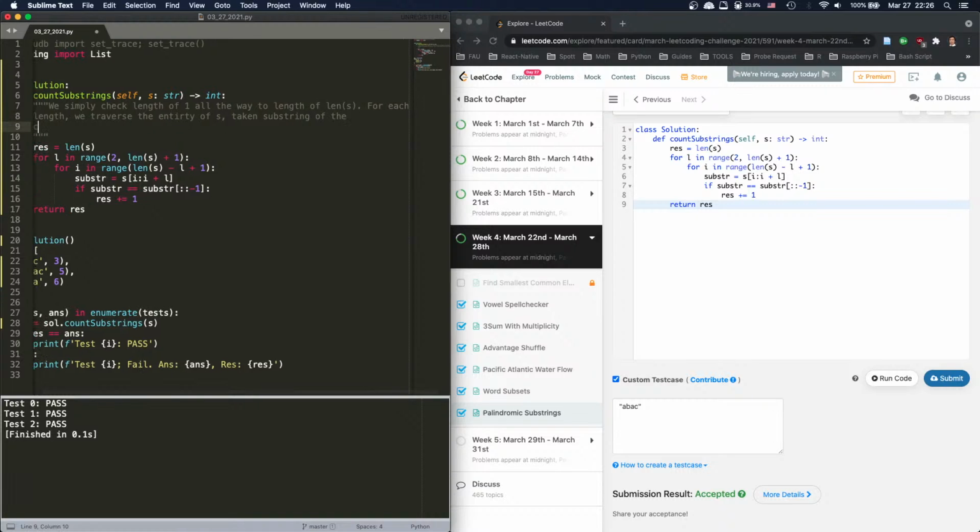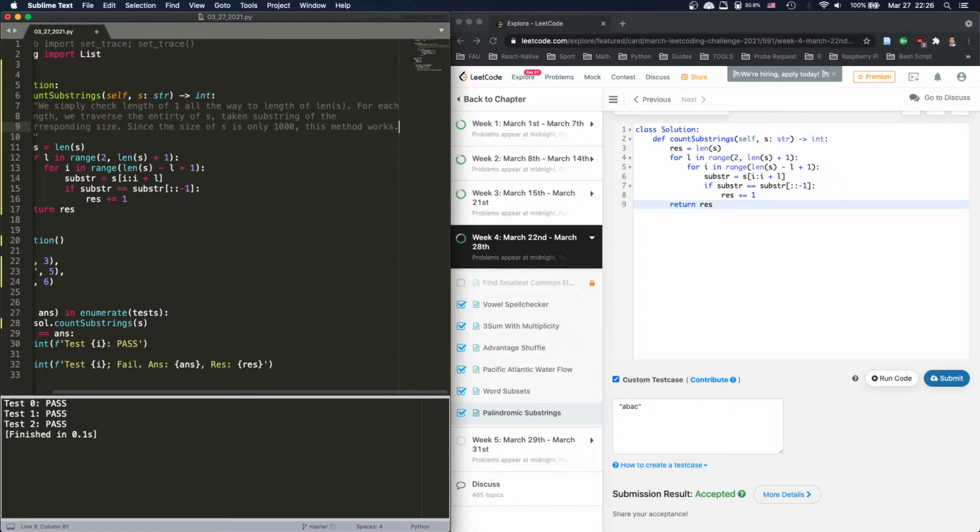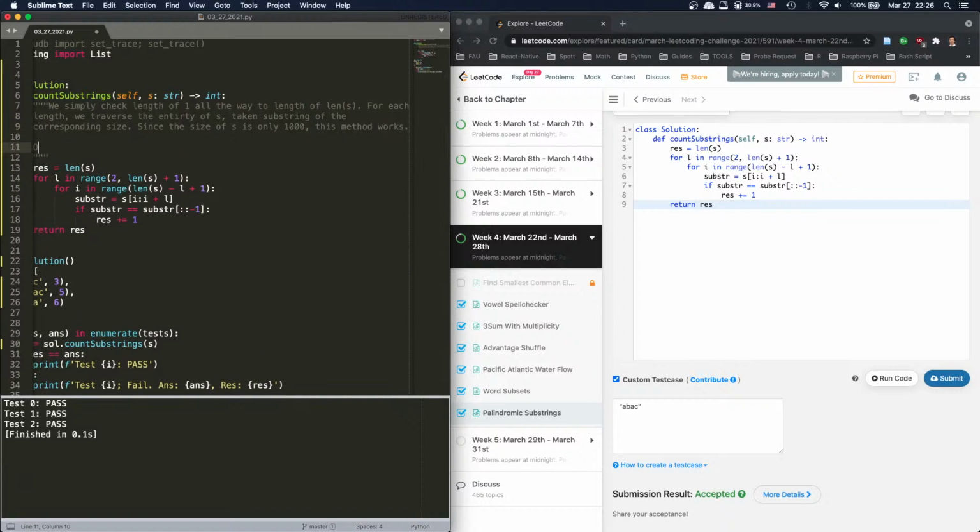Let's use a new one. Corresponding size. Since the size of S is only 1,000, this method works. So it's O(n) squared, right? Because this is O(n) and this is O(n) as well. So we have O(n) squared,